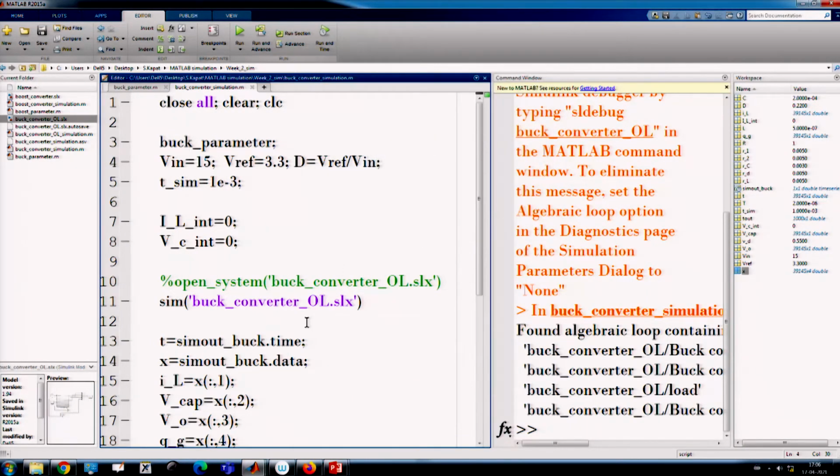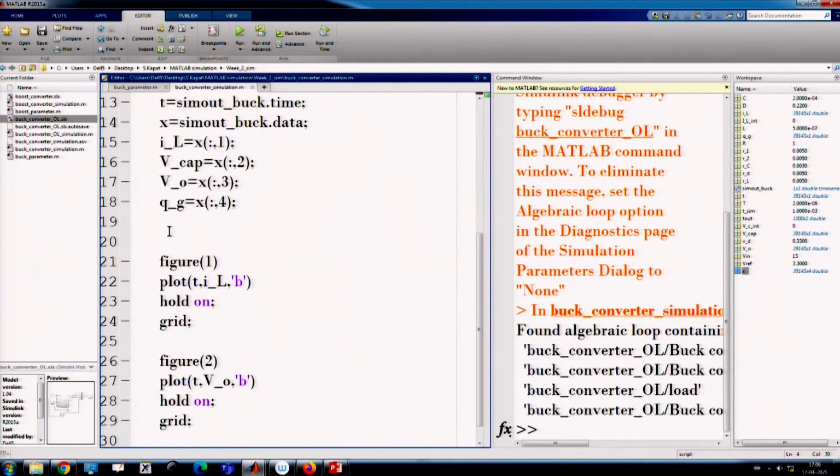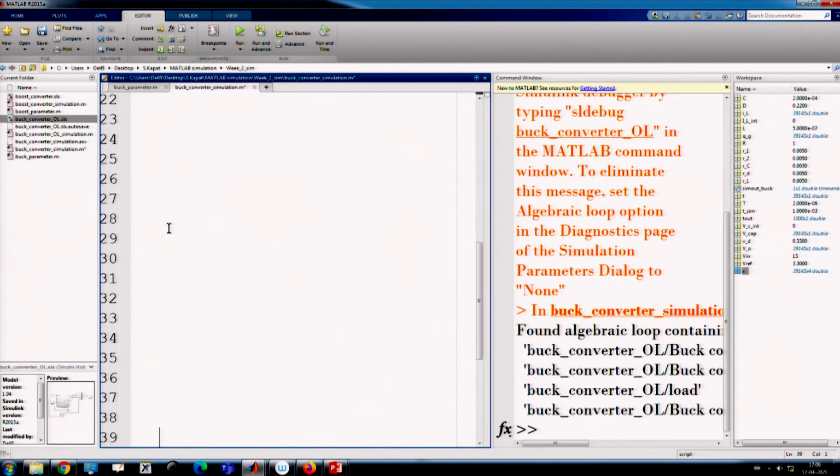Okay, the first thing. So, now we did it. Now, suppose we want to create another transient case. We do not want to run it now. Okay, we want to run it later.